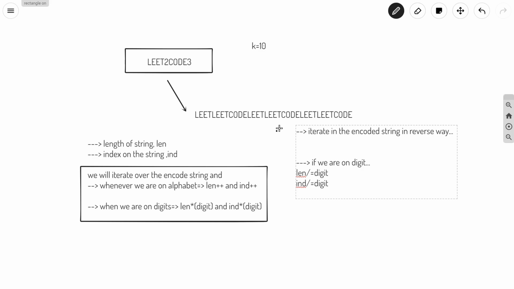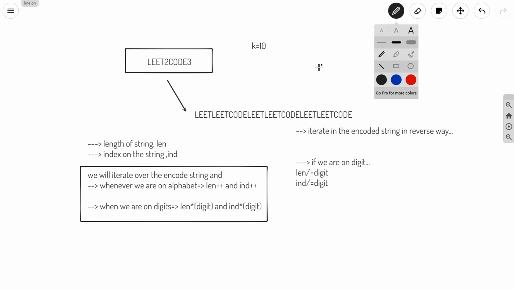So what can happen is, let's say we are on a particular index. Let us locate that index. Let's say we are on any particular index I, or ind, and here is our 10th index. You can see that O is on the 10th index, and this is our current index.